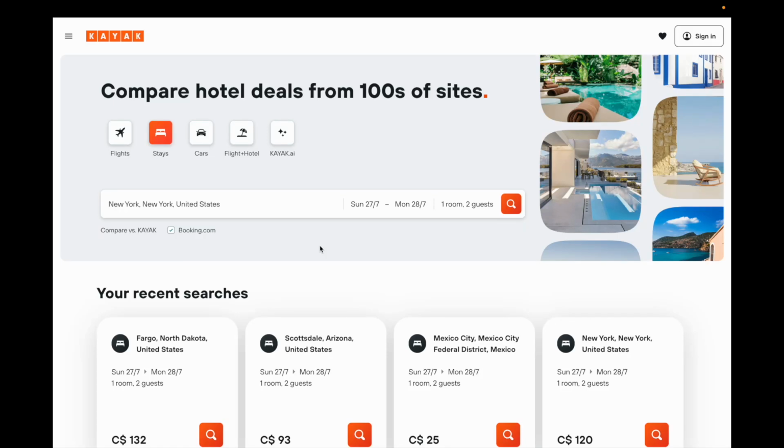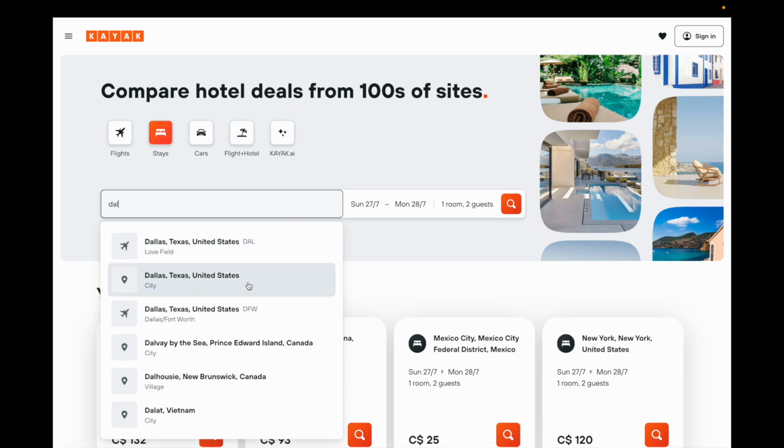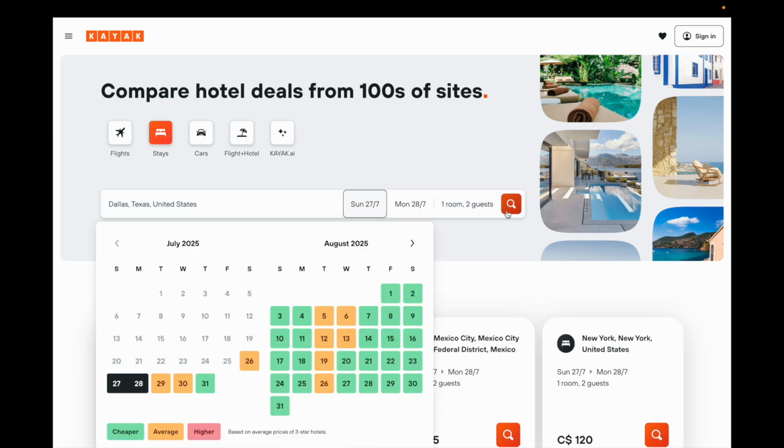So in this Kayak.com tutorial video, I'll be showing you guys how to book 3-star hotels here on Kayak.com. Once Kayak.com's opened up, make sure that you have stays selected. I did a previous search for New York City, but for example, let's just say Dallas, Texas as an example. Dallas, Texas right here. Put in your dates, and if all looks good, go ahead and press on the search